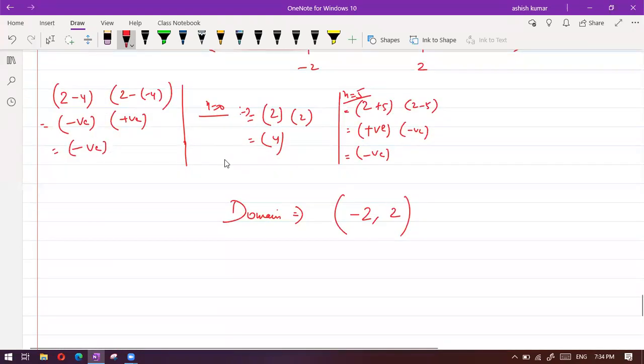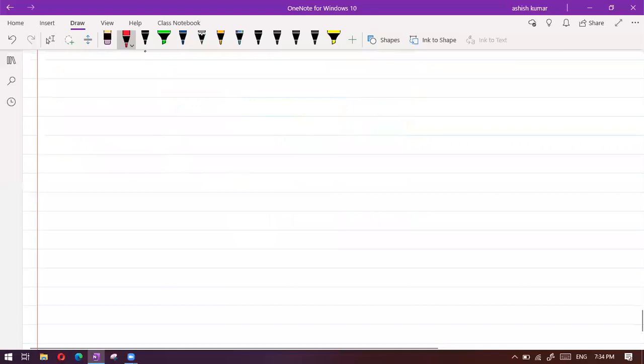Chalo, one more question. Time is there. Then we'll move to the range. I'll explain the range, then we'll come back to the overall questions. The question is saying that f(x) is equal to root over x square minus 5x, plus, so minus 5x is a very common thing we are always taking.